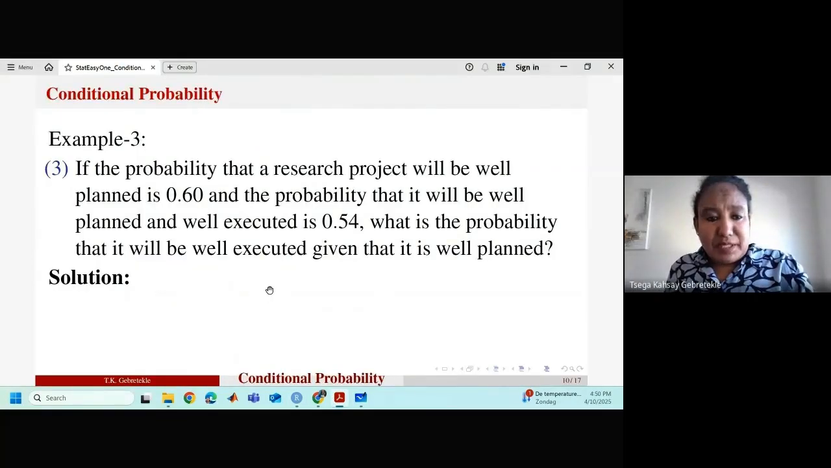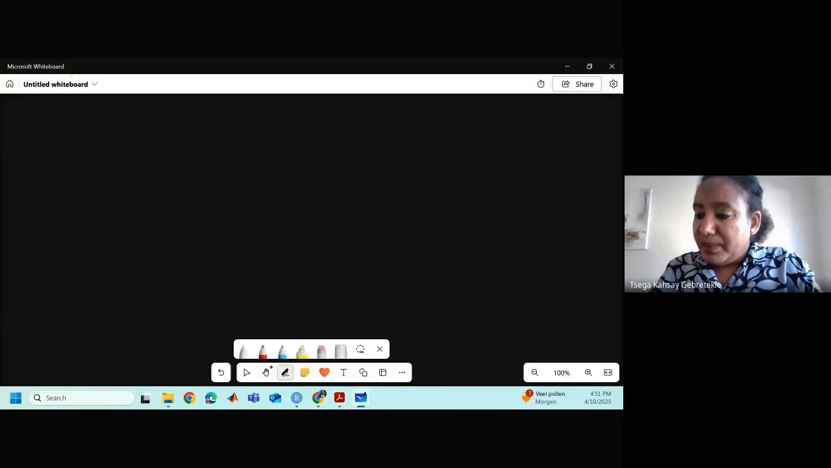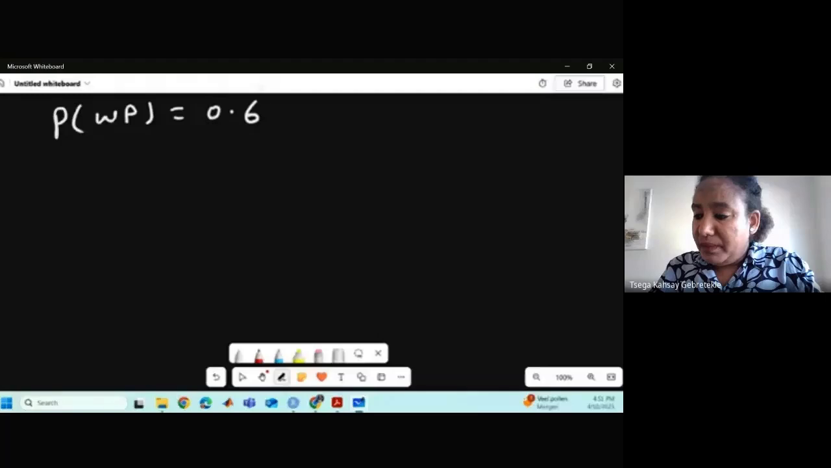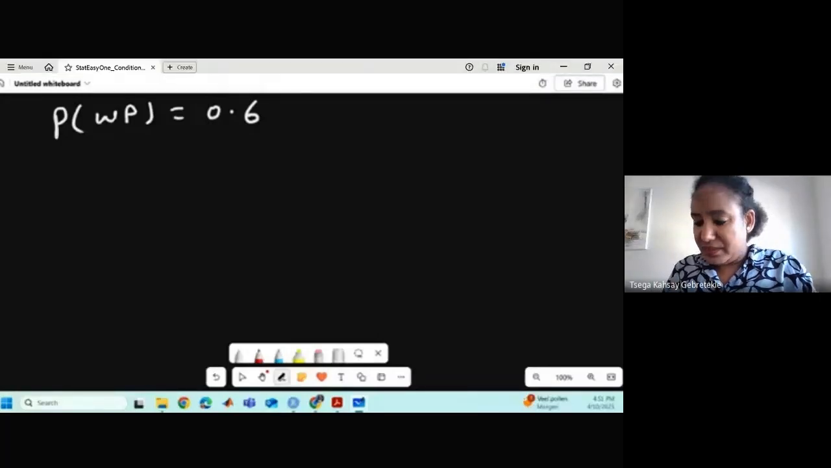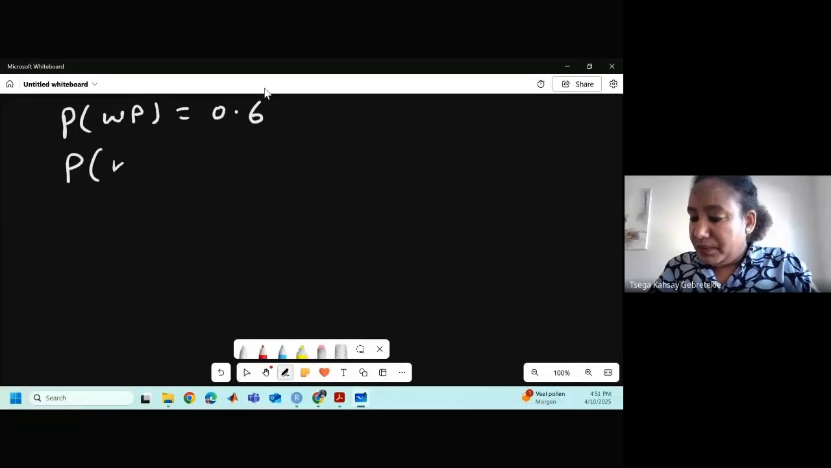If the probability that a research project will be well planned is 0.6, and the probability that it will be well planned and well executed is 0.54, what is the probability that it will be well executed given that it is well planned? So the given one is well planned. So suppose probability of well planned is 0.6. The probability of well planned intersection well executed is